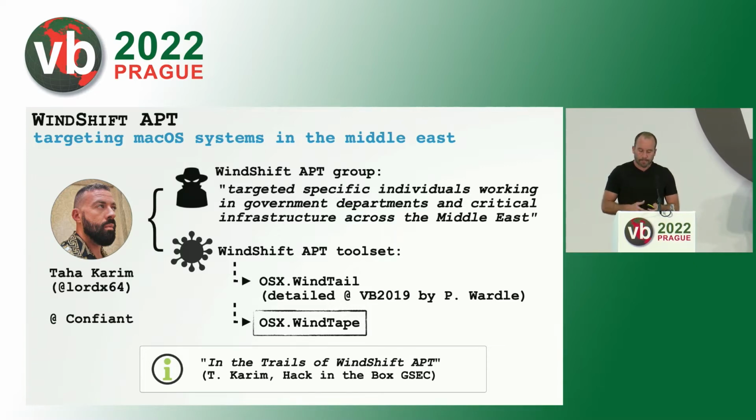in the Middle East. In his presentation, he also talked largely about the APT group, their modus operandi, their infrastructure, but he did touch on some of the tools and mentioned two specific macOS capabilities. A virus called WindTape, and the sample we're going to be talking about today called WindTape. Worth pointing out that until now, WindTape has not been publicly discussed comprehensively, so this is the new